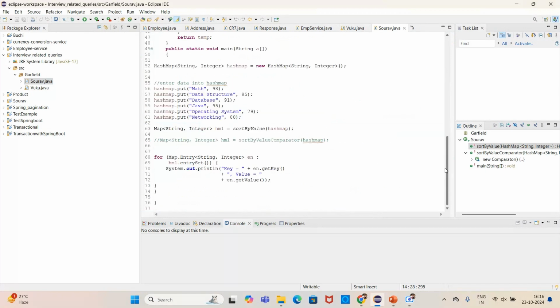Just a moment, let me make a small modification over there. So here you can see that in my class itself I have created a hash map, and the hash map consists of two data types: string and integer. So the key is string and the value is integer. I'm putting all the data into the hash map, maths and so on. Now I want to sort the hash map by value,